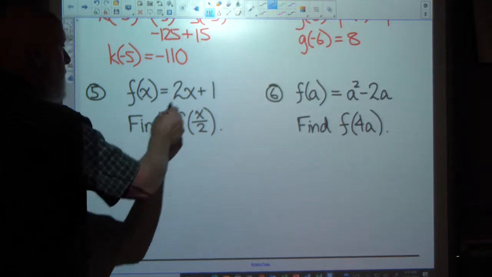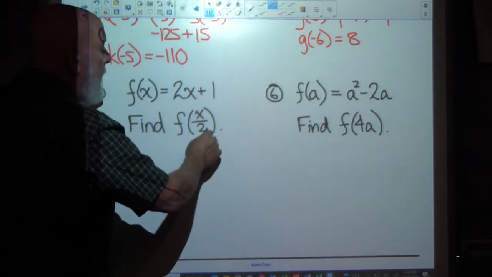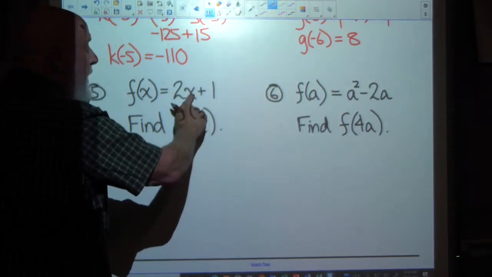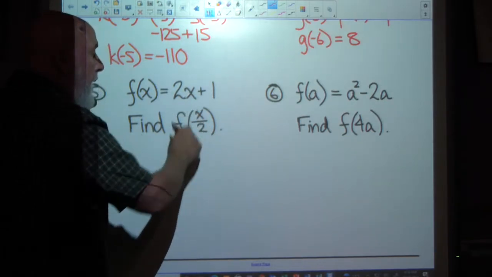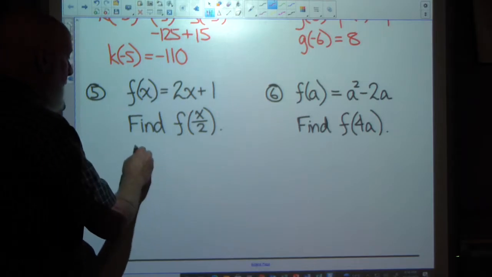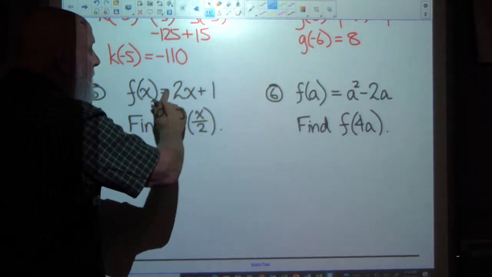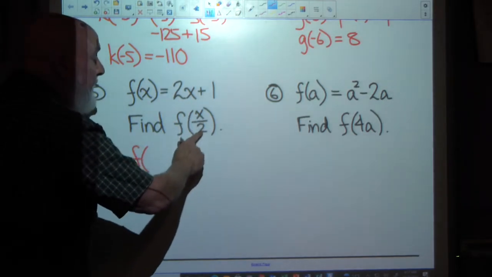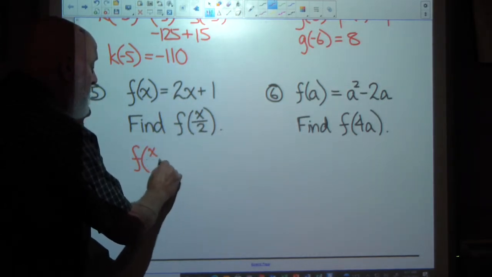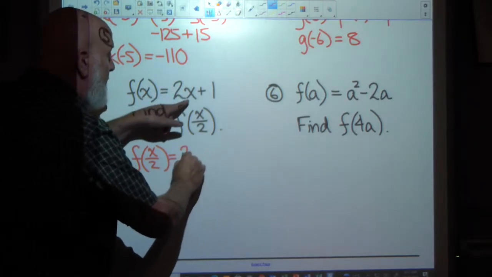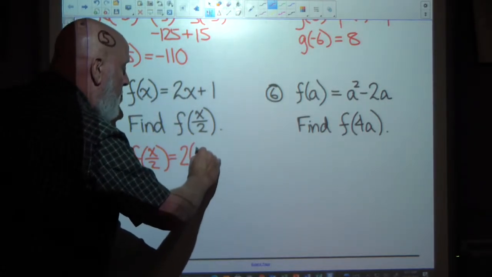F of x is equal to 2x plus 1. I want to evaluate it at a variable. Instead of plugging in a number here, I'm going to plug x over 2 in right here and simplify it and see what I get. So I'm looking for f of x over 2. And that's going to be equal to 2, instead of x, I'm plugging in x over 2